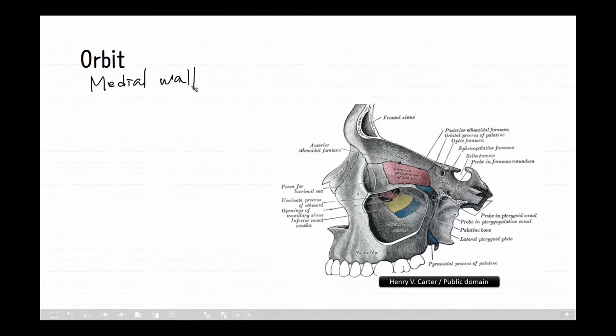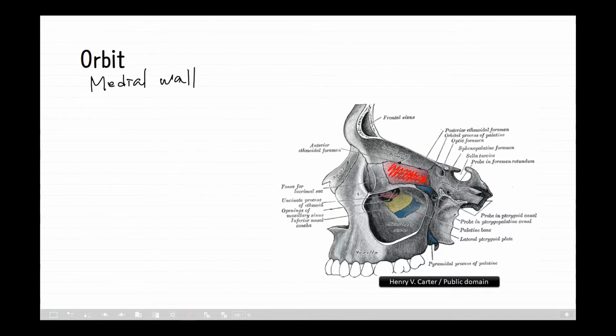The medial wall of the orbit is nearly vertical and is formed principally by the orbital plate of the ethmoid bone. You can see it in this picture. This is the orbital plate of the ethmoid bone. This paper-thin rectangular plate covers the middle and posterior ethmoidal air cells, providing a route by which infection can spread